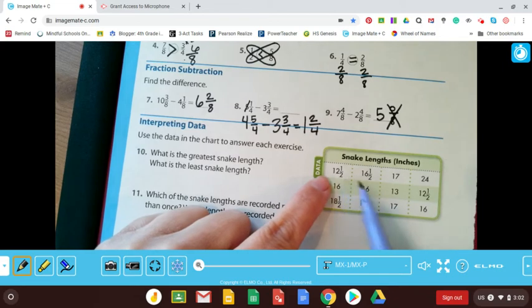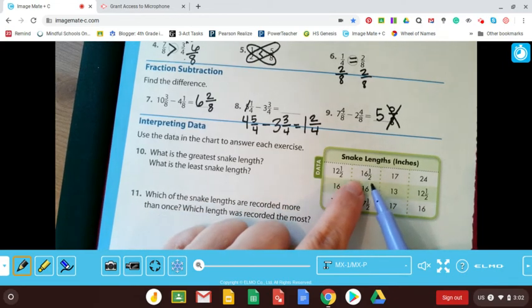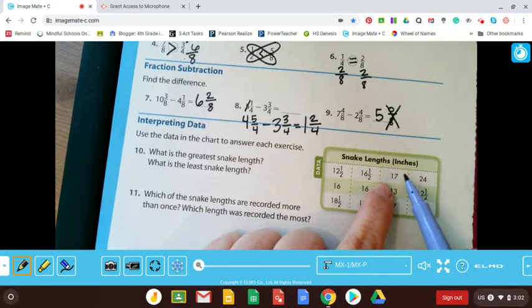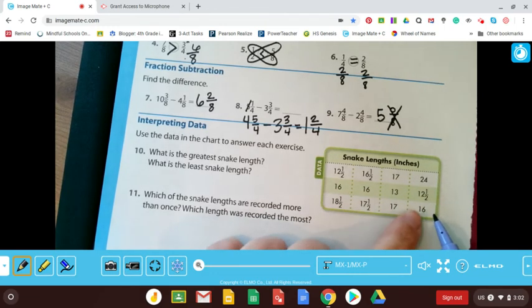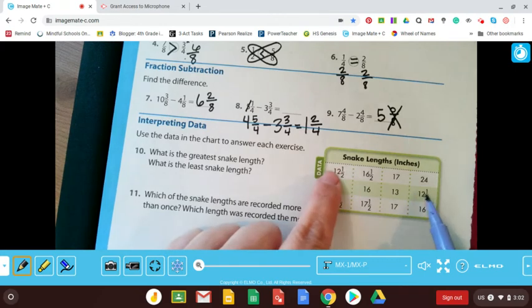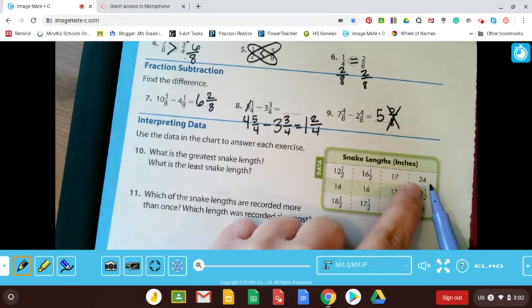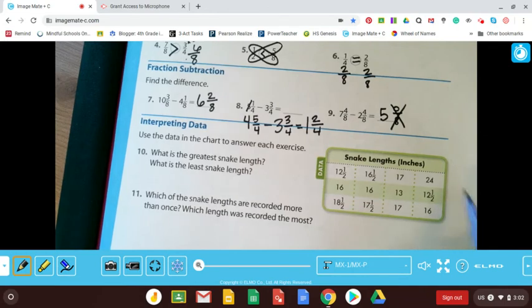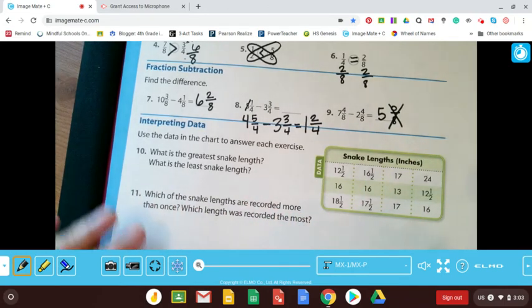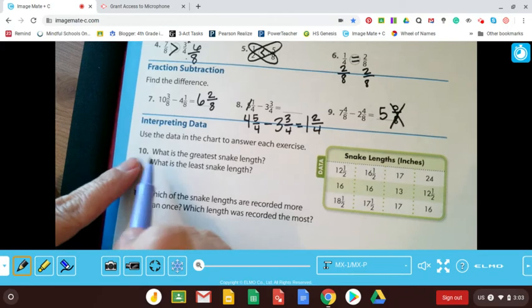So I have a 12.5-inch snake, a 16.5-inch snake. Oh, that's not so good. A 17. Oh, there's 2 17s. Actually, there's 3 16s. Oh, like 2 12.5s. Oh my gosh, there's a snake that's 24 inches long. That looks like the biggest one out of all. All right. So I just kind of looked at that a little bit, got familiar, and now I can answer